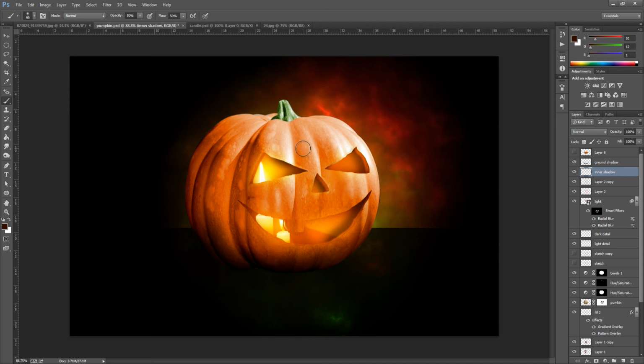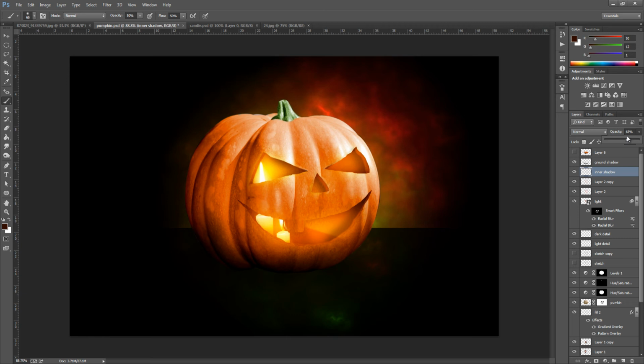Now that we have the inner shadow, you're going to play around with this a lot more, and I will say just go very lightly with the shadow, nothing too strong, because we don't want to overpower it. If you do overpower it, obviously you can go back and do it again. I'm just going to drop the opacity of this layer because I have done it a bit too much. So something around about there, 65% if you have done it like that.